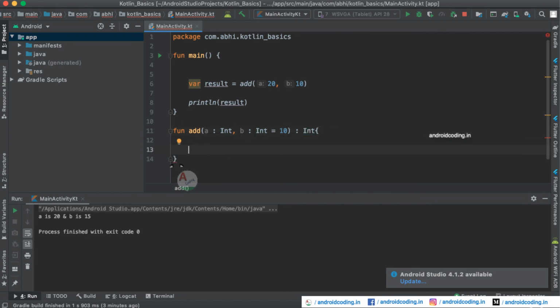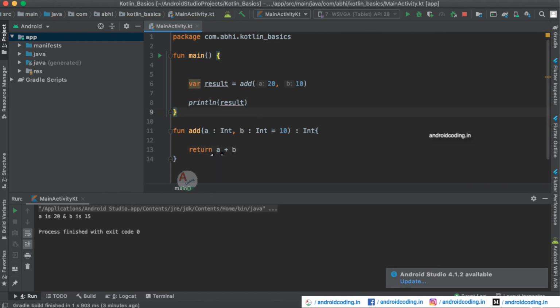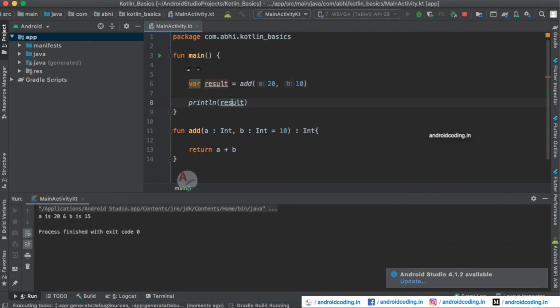So now you can see an error. It is asking for a return type. So return a plus b. We are adding these two numbers and I am returning back to our main method here. So now we are passing 10 and 20. This 10 and 20 will enter into our function and addition is performed and then it returns back to the main and it gets printed onto our screen here. Now try to run the code and here you can see that we are declaring a return type to our function to get back the result and process it for later use.